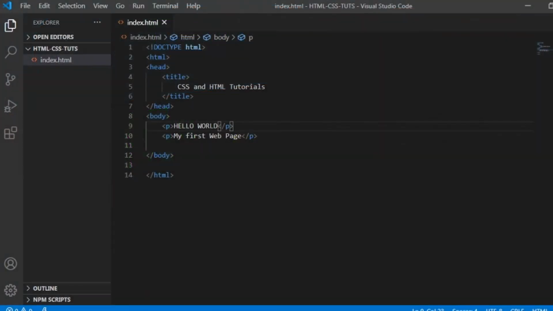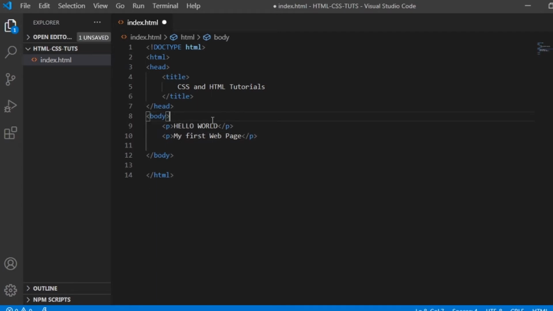Alright then, so welcome back to our HTML and CSS tutorial. In this segment, we will be playing around with HTML tags and HTML basics, okay? So let's try those different HTML tags here in our text editor, and we will be explaining the purpose of those tags. Okay, so let's play along with those HTML tags.